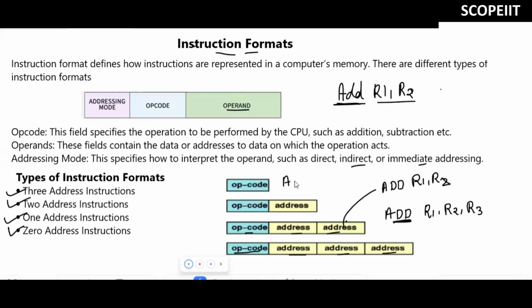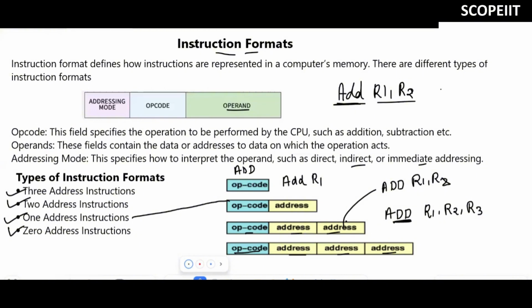Here, add R1, we pass only one address, so this is known as your 1 address instruction. Then the last one is 0 address instruction. In 0 address instruction, we will write only add, with no address. Now, how will the operation be performed in that case? This topic we are going to see in detail next.